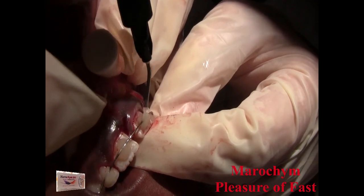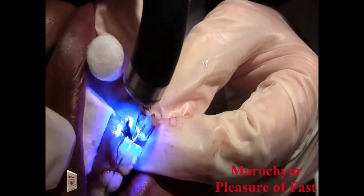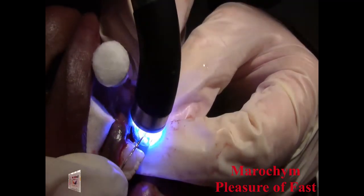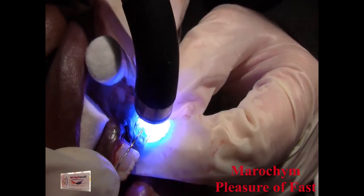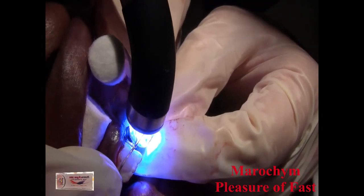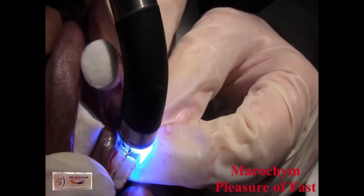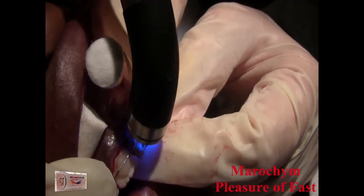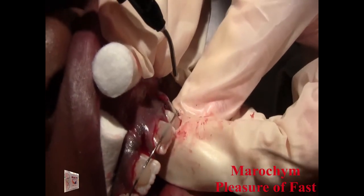A lot of times, if you have the means, they'll actually use brackets to put the wire on with, because you don't have to go back and pick all the composite off the teeth. When you come back to the clinic and take the splint off, it doesn't hurt the tooth because you know right where to stop with the finishing burr, because you know when you're about down to the enamel. It's just tedious to take the composite down. With brackets, you only have to use a little dab, just like with braces. So that's one nice thing about using a bracket. But when you don't have that luxury,